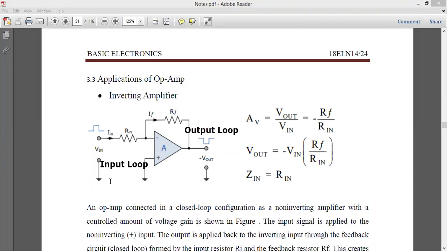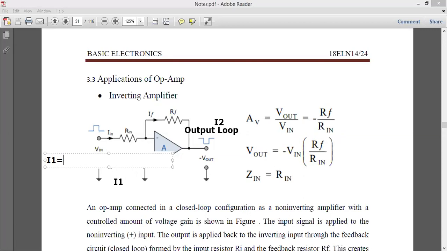The current for the input loop is given by, let us call it I1, and the current for the output loop is called the current I2. So how we try to find the current I1 here: there is current I1. We want this equation at the last, after deriving the equations. So what is current I1 equal to? You can simply apply Ohm's law also.